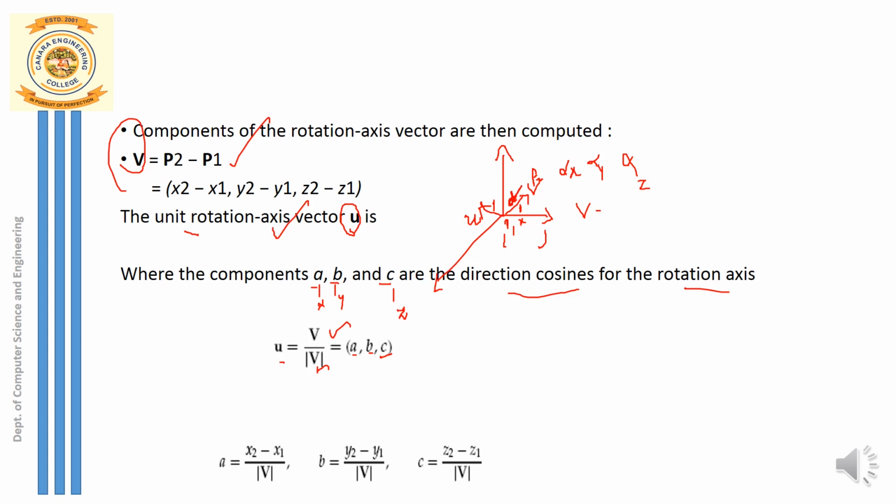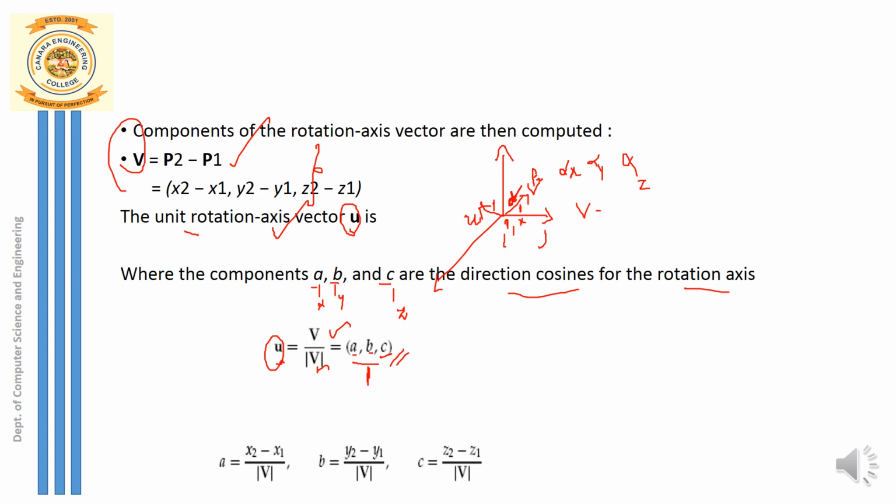The vector v is the one whose magnitude in general you can take as d. The basics of vector I have told here: what a vector v is and how a vector can be represented. Now if I take a vector whose magnitude or length is equal to 1, I can represent it this way: the x component, y component, z component divided by the magnitude of v. Since it's a unit vector, I take the magnitude as 1. So this is a general representation of a vector.